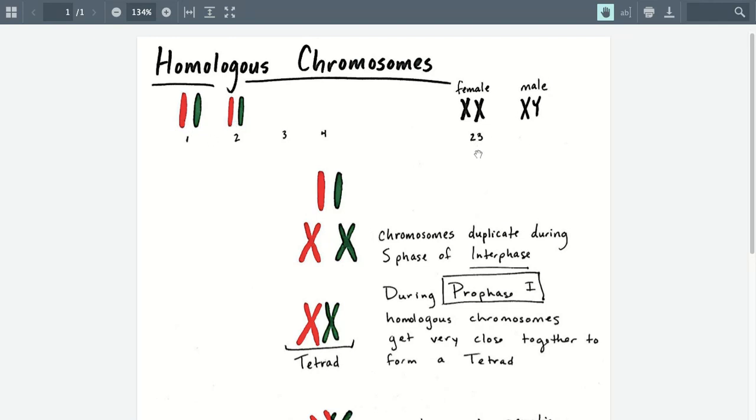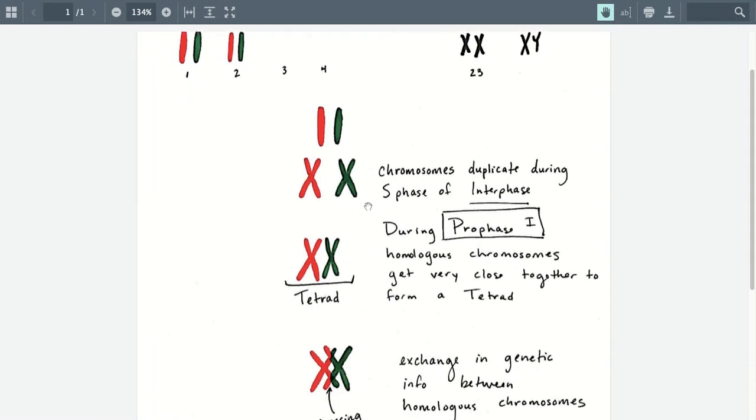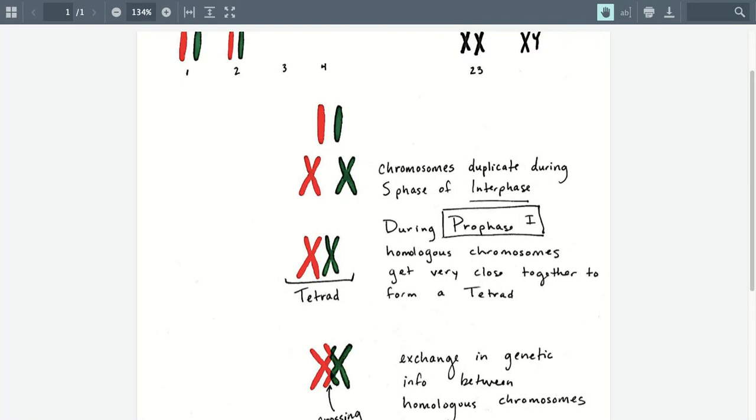And at the 23rd chromosome, these chromosomes are what we call sex chromosomes. They identify individuals as genetically male and female. So if you have 2 X chromosomes, you are genetically female, and an X and a Y chromosome means you're genetically male. Okay, so we're going to be focusing on this concept of homologous chromosomes and then what happens specifically